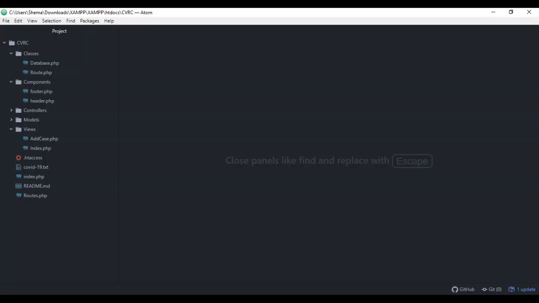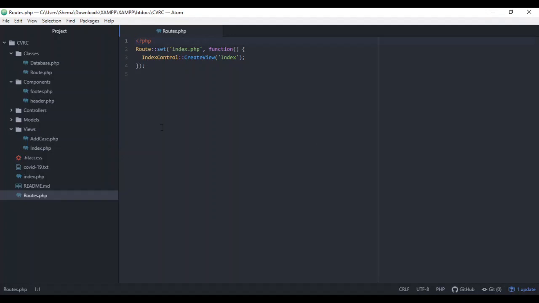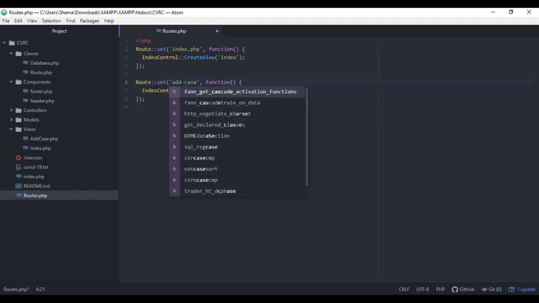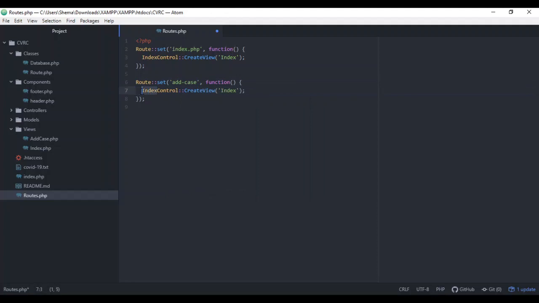So I'm just gonna go ahead and register that now. Let's go to routes, and I'm just going to copy this and paste that there. I'm going to change this to add case, as that was what we set for the view. So we're just going to say add case, and this will be add case controller. And I'm not sure if I'm going to make so many controllers. I'll probably just make one controller, but for now I'm just going to leave this as is, and then I'll decide if I just want to have one controller. But for now I'm just going to make a new controller that will control the add cases, and then we're just going to put the add case